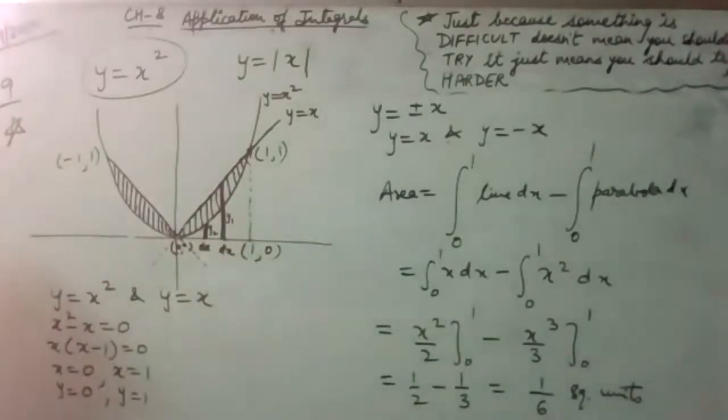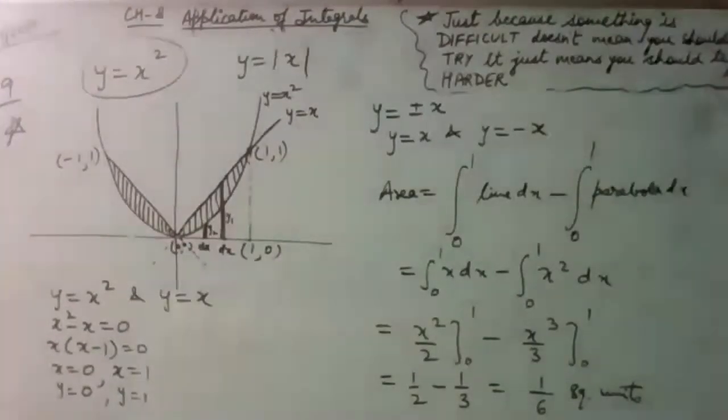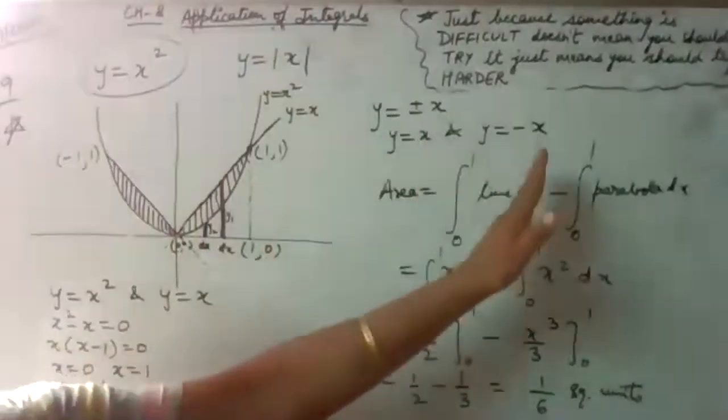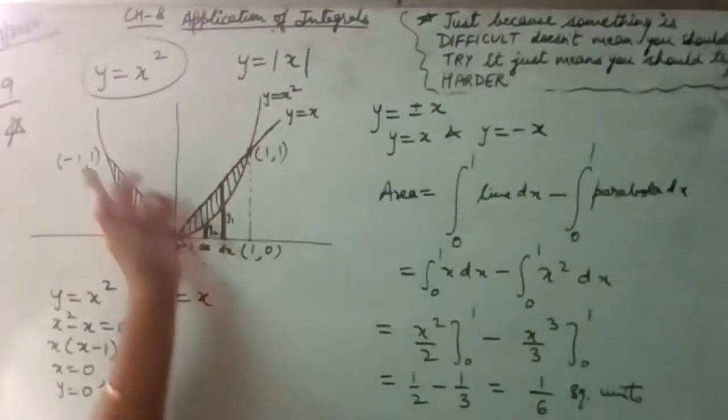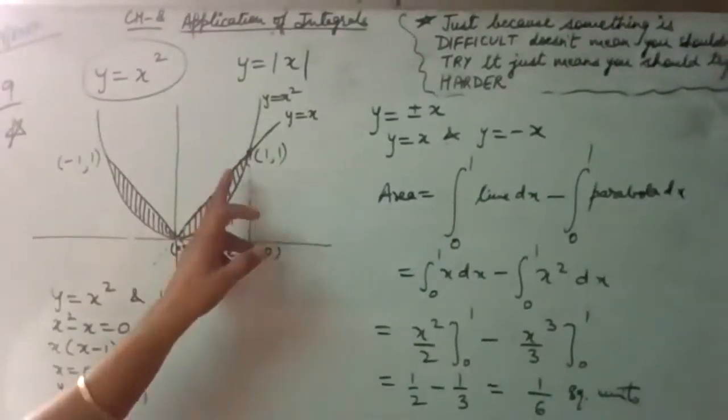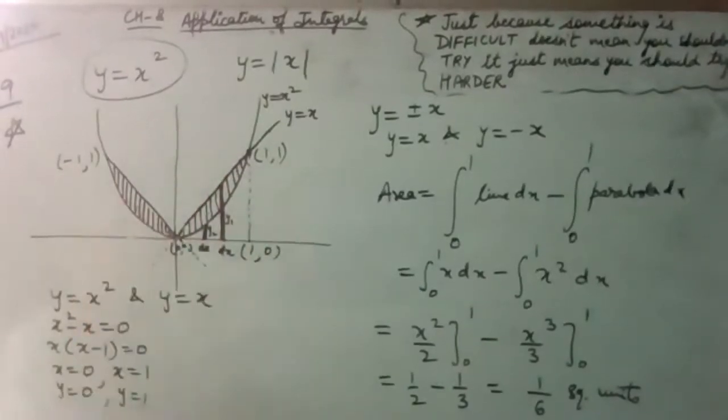And this is a very, very important question, right? If you have any problem in understanding this, just tell me, I can explain it once again to you. What you have to do is, first of all, you have to separate the modulus into plus x and minus x. We will take both the lines, and when we make them, we see that this is the area.